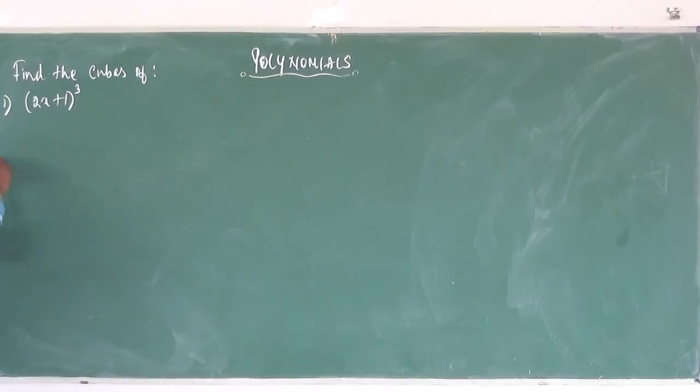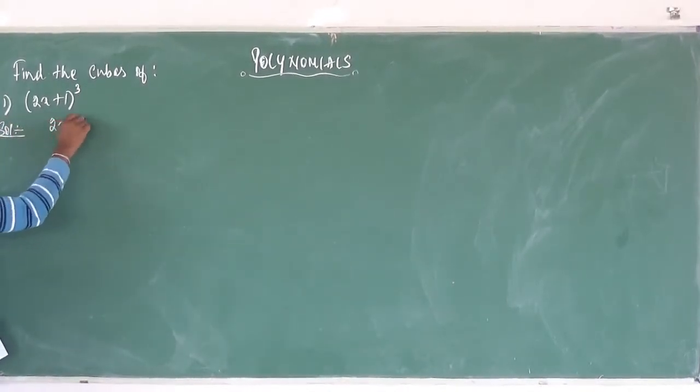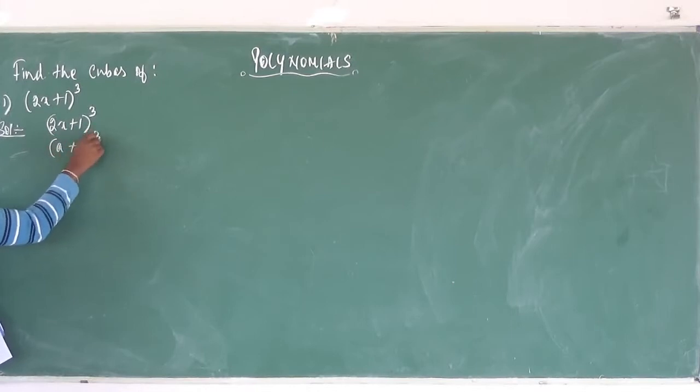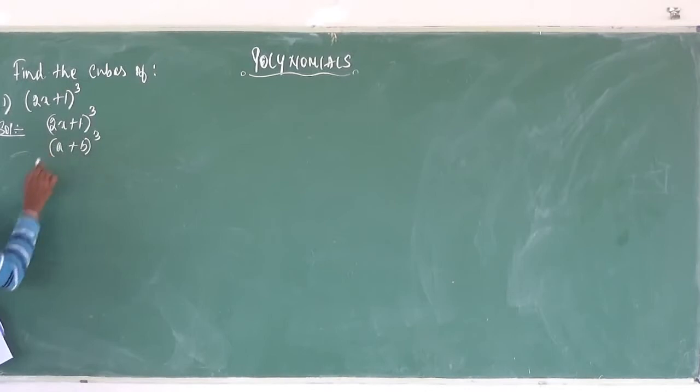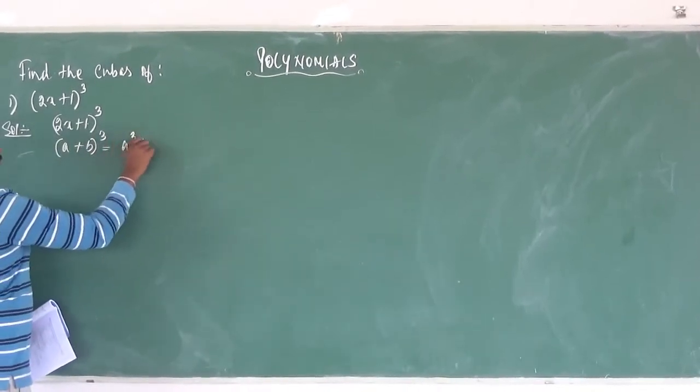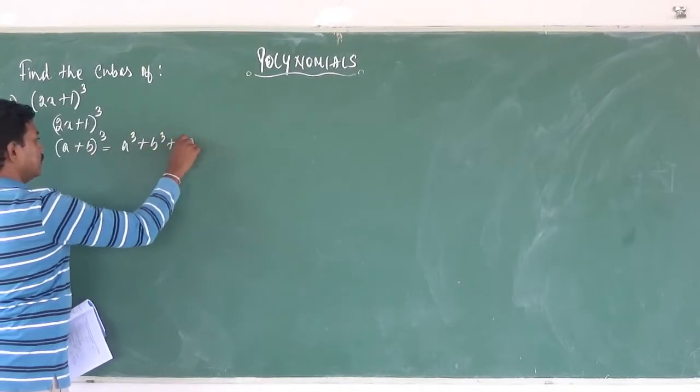It's very easy, right? So let us take down the problem. 2x plus 1 whole cube. So this is in the form of a plus b whole cube. So a represents 2x, b represents 1, and in between these two terms we have plus sign. So that is a plus b whole cube, which can be written as a cube plus b cube plus 3ab